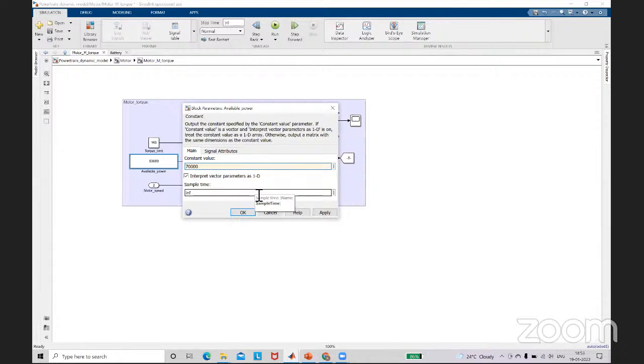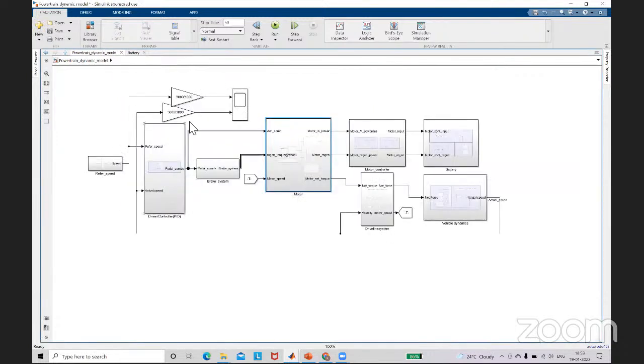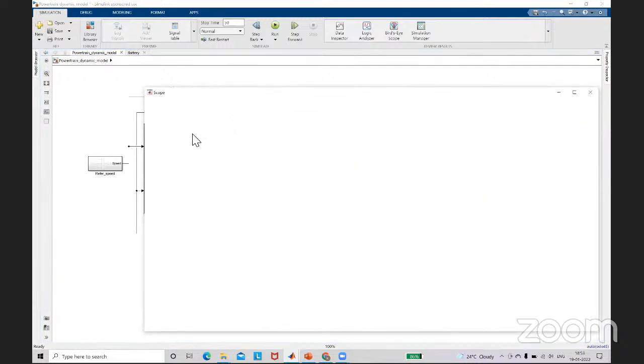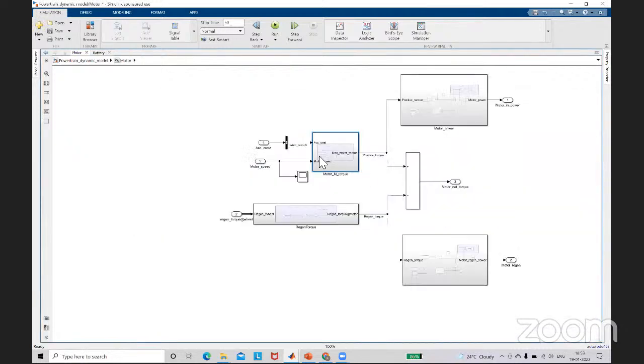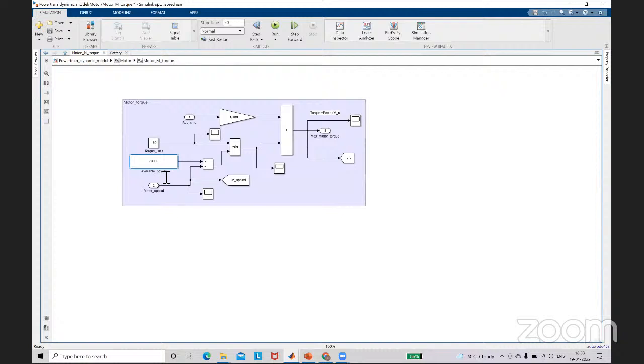Let's make it 70 kilowatt. Yeah, approximately you are reaching the required speed within 5 seconds, right? So with this, you can size your power. So this is some kind of available power,